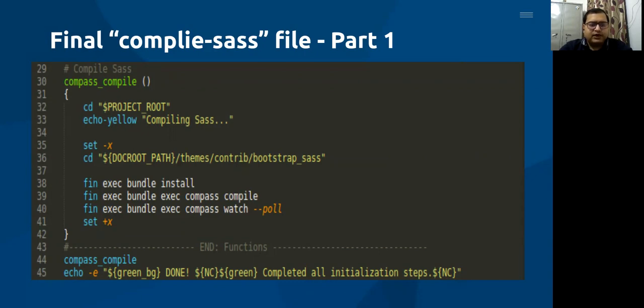And next we execute all the commands for compiling SASS or SCSS to CSS. Finally the time comes where we call the function. At line 44 we call compass_compile, and also we show the message completed all initializing steps in green color. It means our script runs successfully.